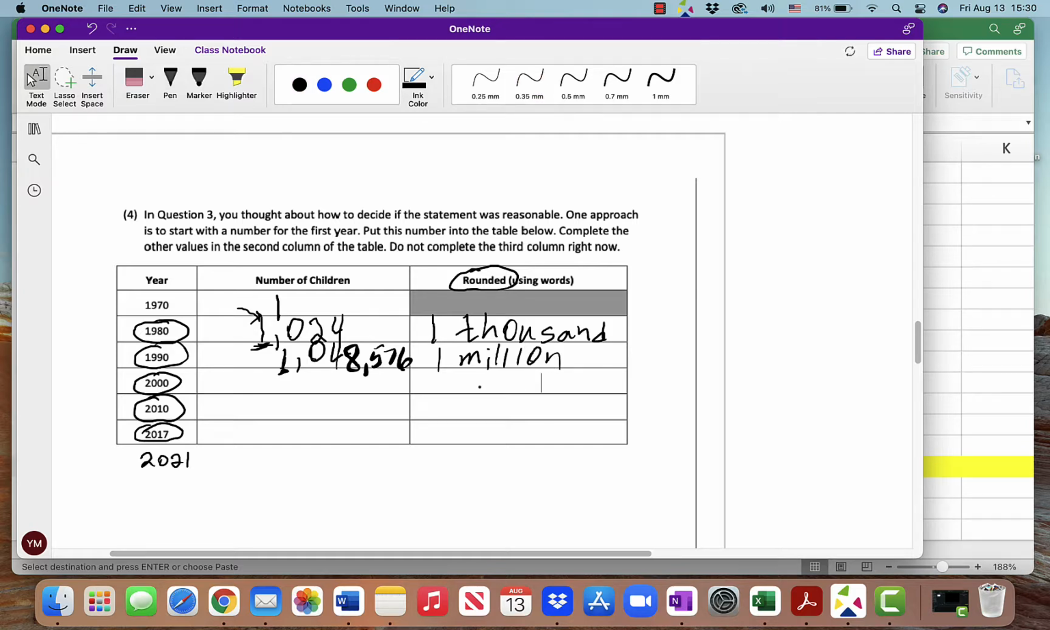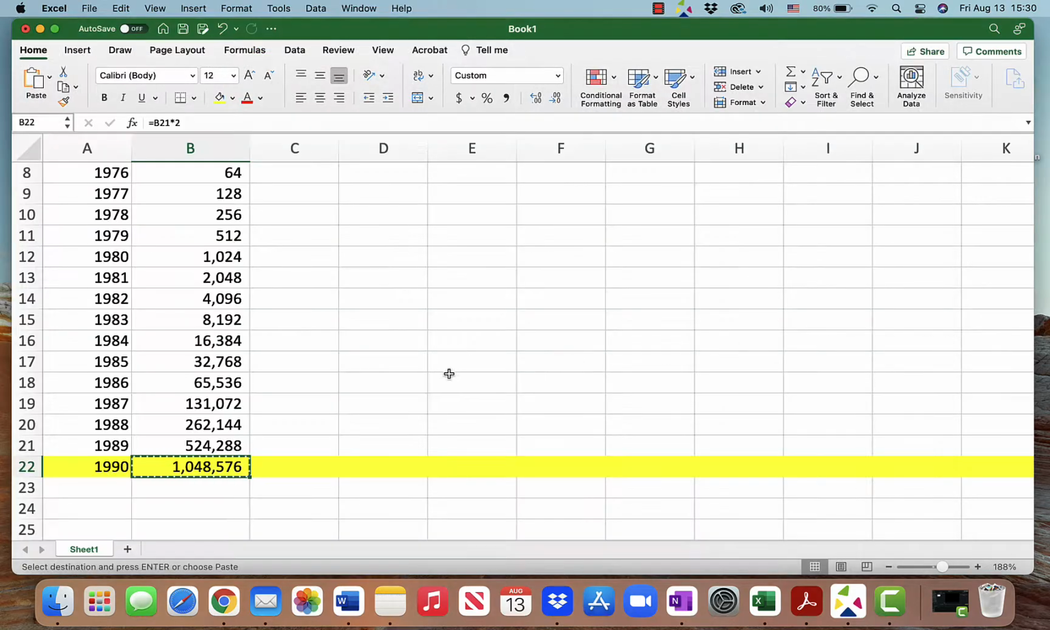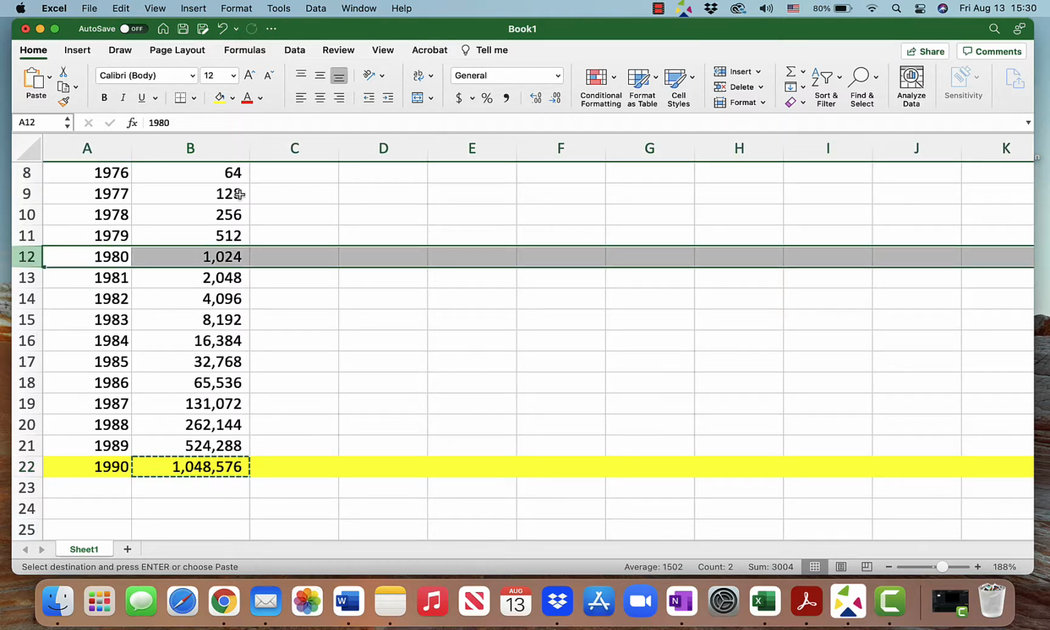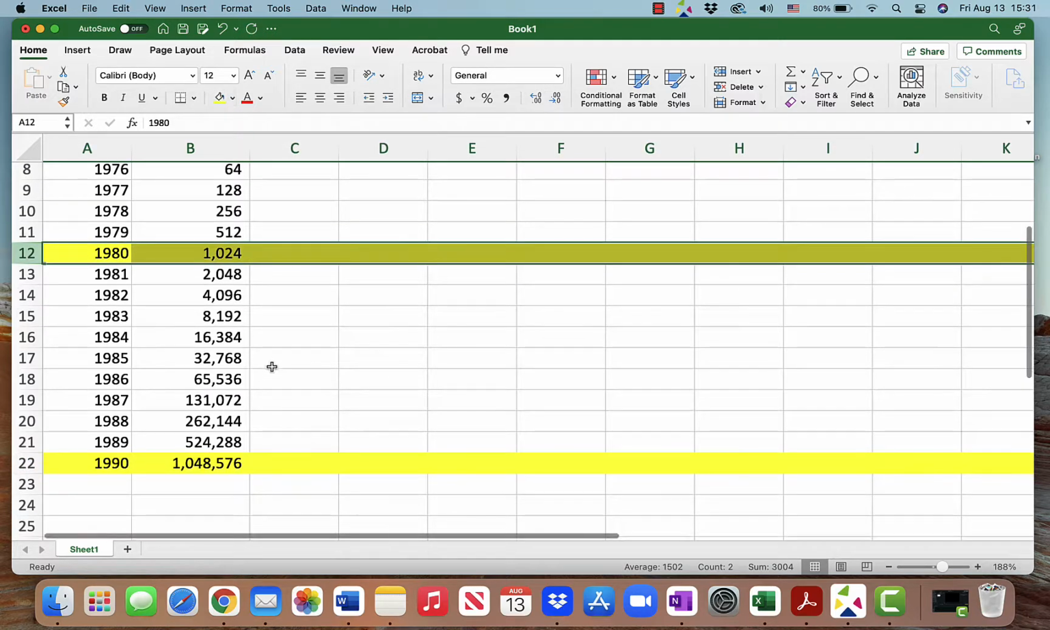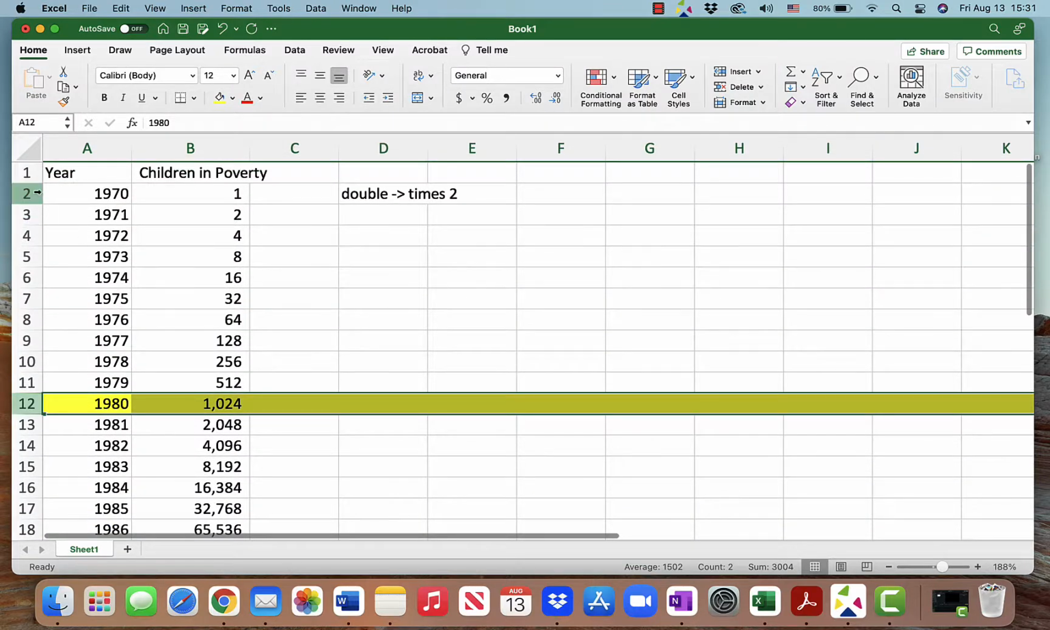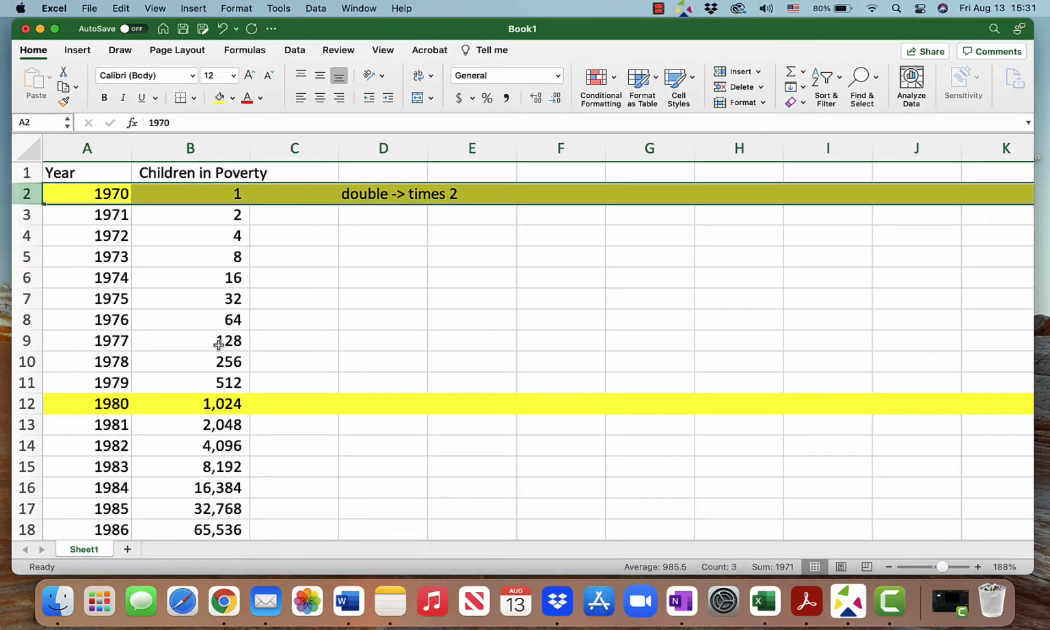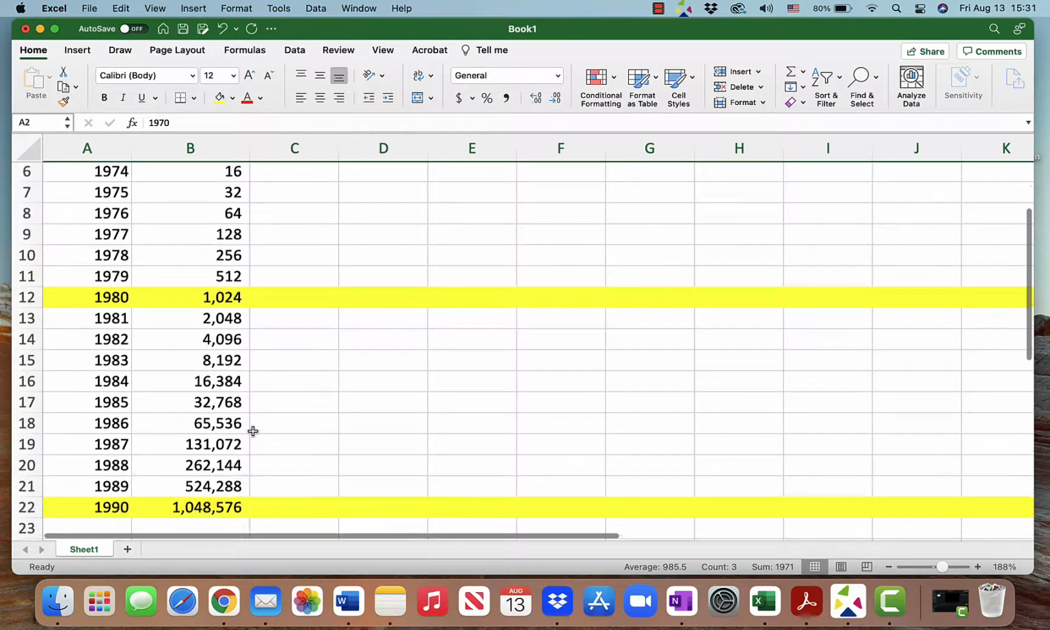Alright, so now let's talk about the kind of pattern that's going on right here. Let's explore this more. Of course, it's okay on Excel. It's not a big deal for us to just extend it and go all the way to the year 2017, 2021, whatever year you want to go. But I also would like to explore some mathematical features here. So here I got the starting value, which is 1. Then I got 1980, it was already 1,024, and 1990 is already